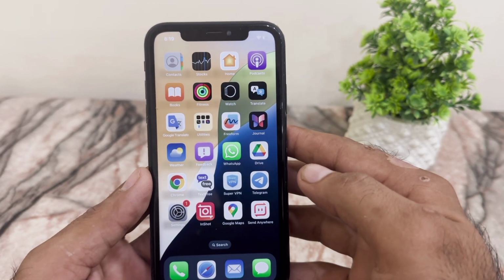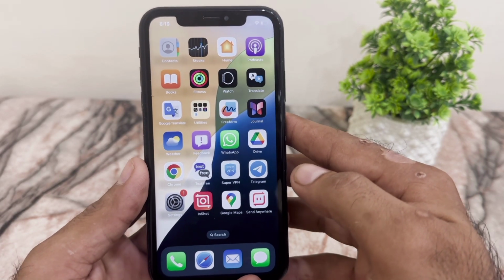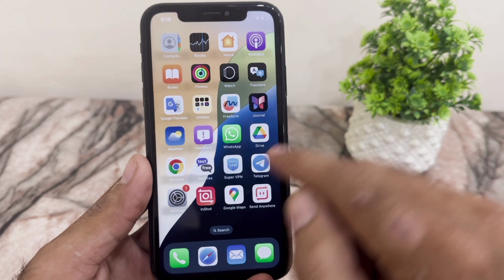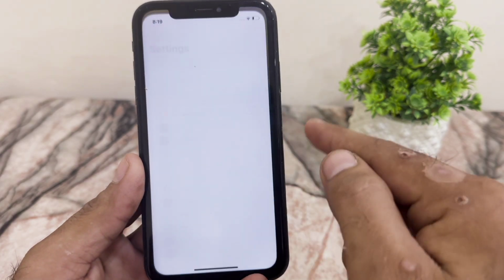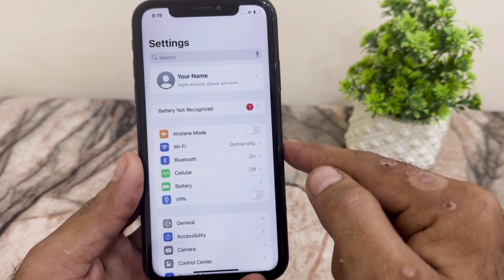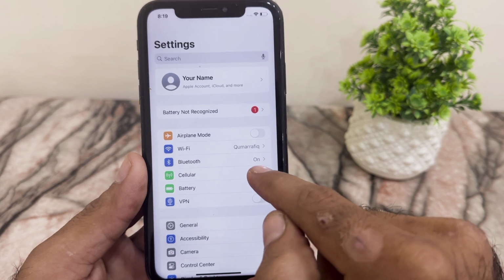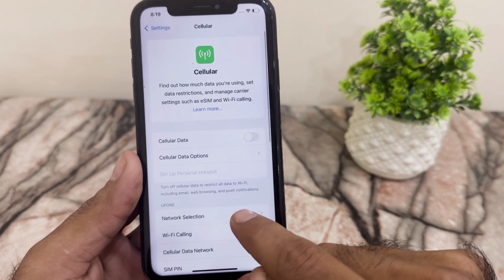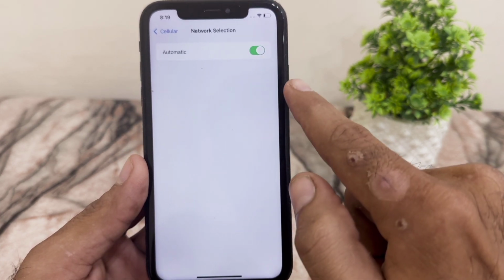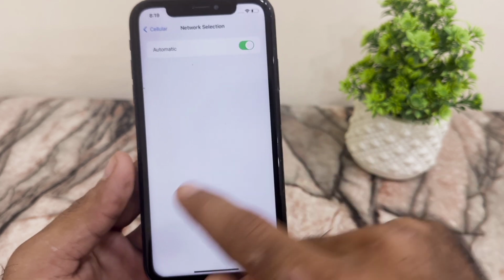In this short tutorial, I will discuss the no service problem on your iPhone after the iOS 18 update. So how can I fix it? Open the Settings application on your iPhone. Here, tap on Cellular or Mobile Data, then tap on Network Selection, and make sure it's set to Automatic